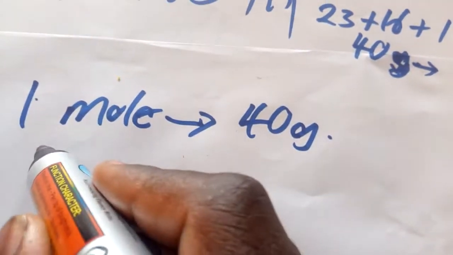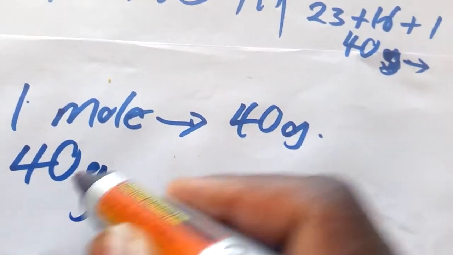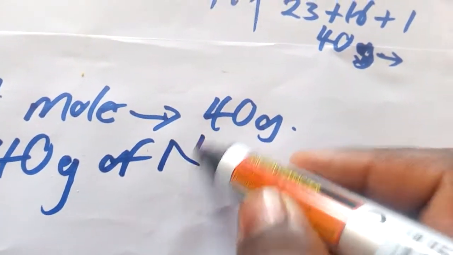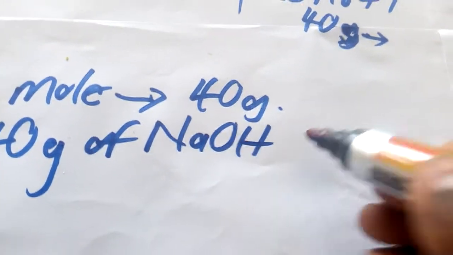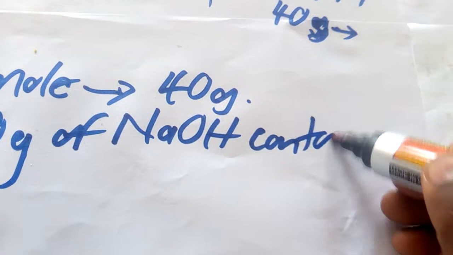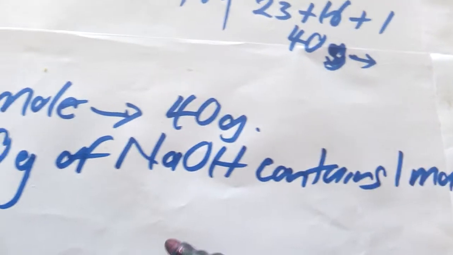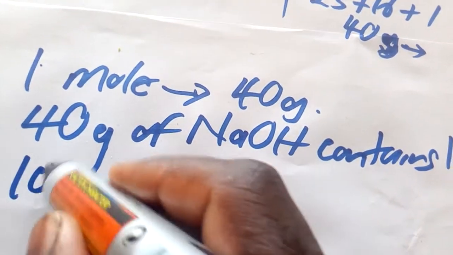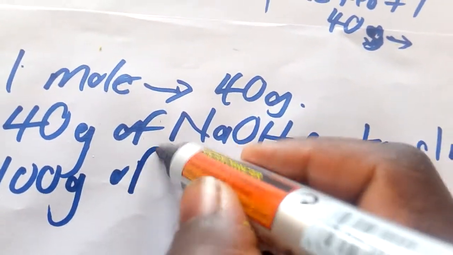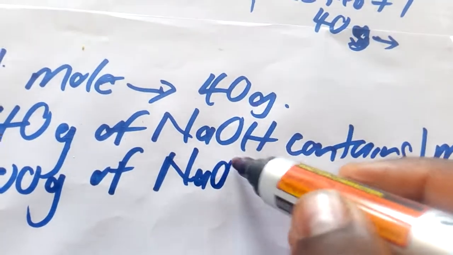That means 40 grams of sodium hydroxide contains 1 mole. Now what of the 100 grams they wanted? 100 grams of sodium hydroxide